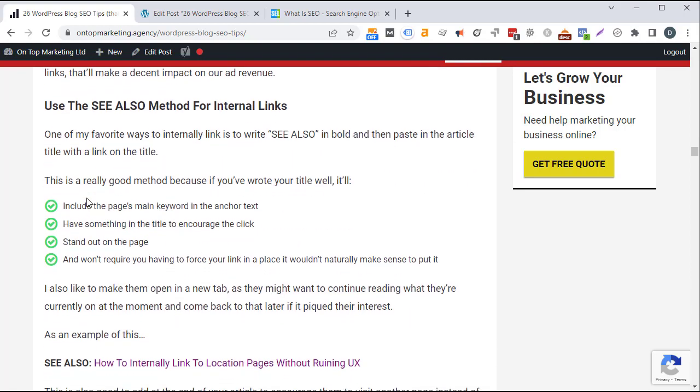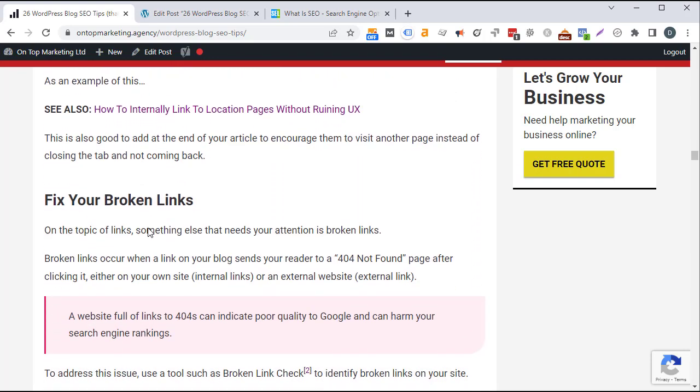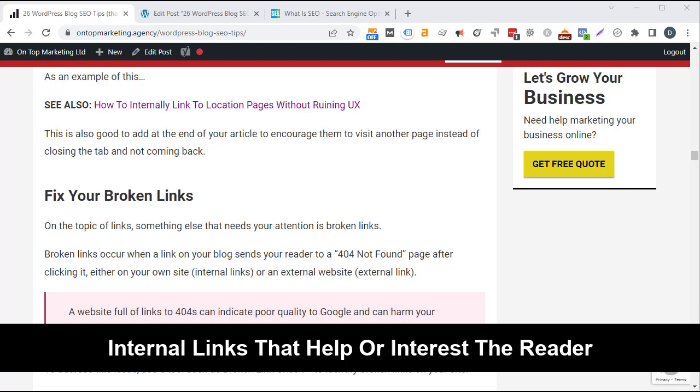And all of these different styles that we apply really break up the article, make it stand out a lot more, keep people engaged, and make it look custom coded. And this is another important thing that we do that makes our content look much higher quality than our competitors' content. The next thing that we do is when we're making internal links in our article, we're only adding them